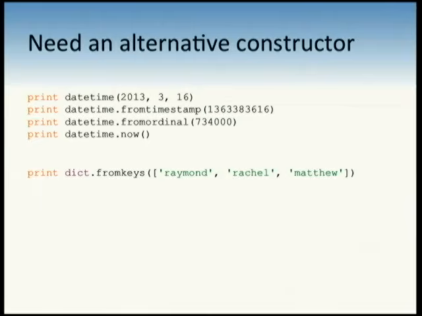Now, it kind of speaks for itself, but the preposition used here is typical in alternative constructors. You use the word from. So datetime gives you several different ways to make a datetime object. How many of you knew that already? Okay. How many of you know that Guido and Tim Peters designed this module? How many of you know that they're really good at Python? They provided alternative constructors. Should you do it too?